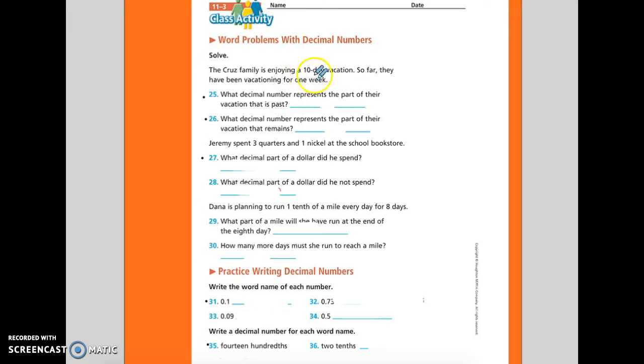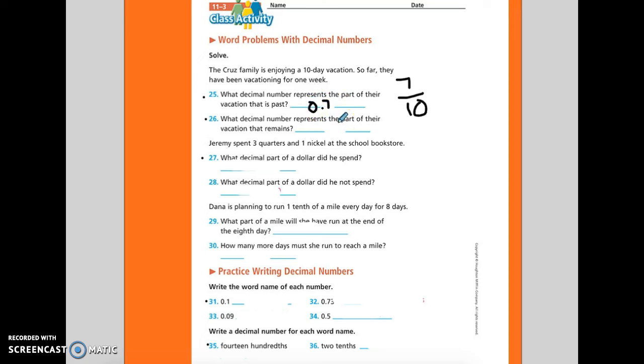So they've been there for 1 week. Kind of a hidden question because they have to know how many days are in a week. We know there are 7 days in the week, and they're going to be gone a total of 10 days. So I'm going to write that as a fraction. They have had 7 days of their vacation. They've got 10 days total. So once I get that written out, then it's easy to put it in decimal form because remember, I count my zeros, I write my 7, and I count my zeros. There's 1 zero, and I move over 1 spot. So they've been gone for 7/10